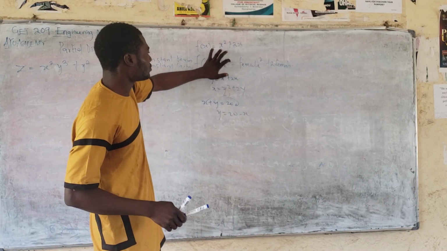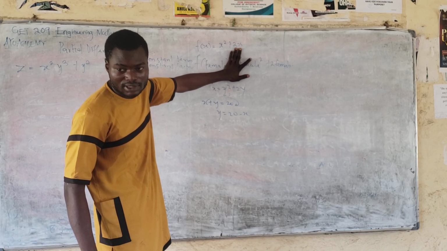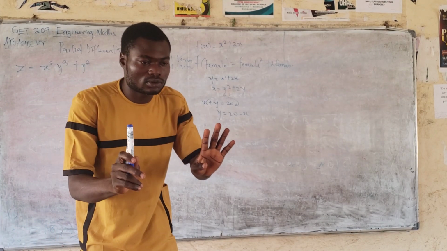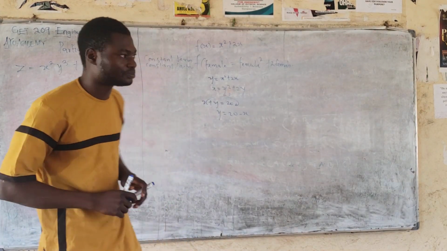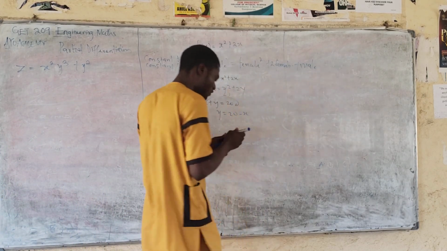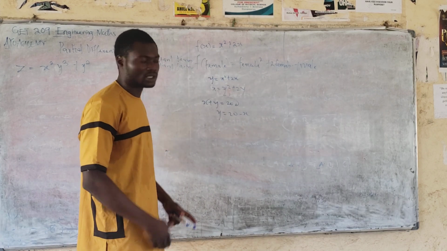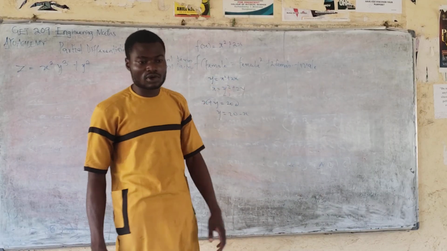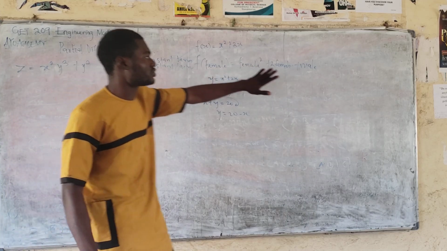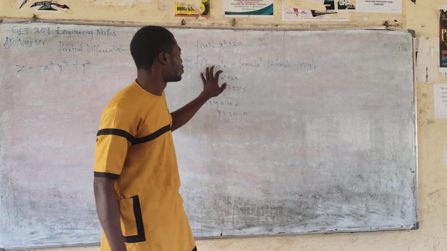Look at this one now. This is a term on its own. Exactly now. This is a term on its own. But when we're talking about a constant term, we are talking about a term that is not considered at all. Okay, let me make it easier. If I have male in this place, but this function is talking about female, do you understand what I'm saying now? So this male now is a constant. It's a constant term. Because we are not considering this one for now. Do you understand what I'm saying? Because we are talking about only